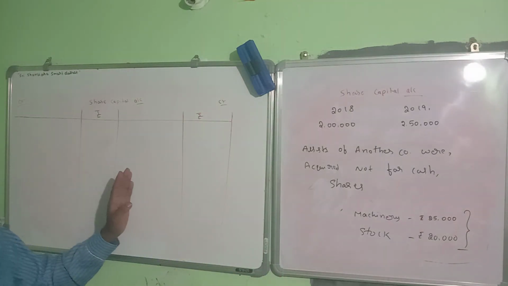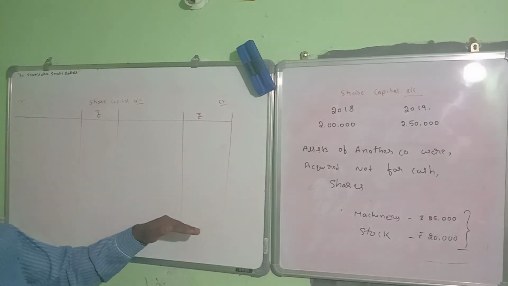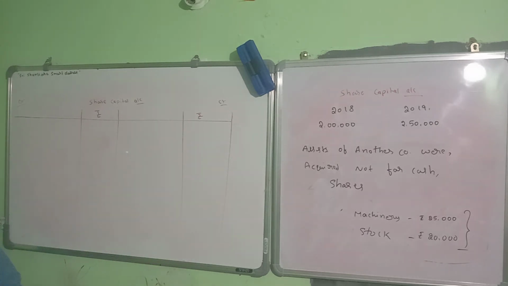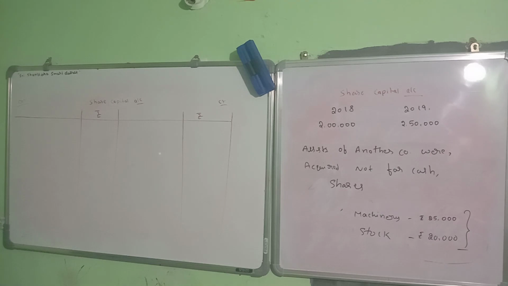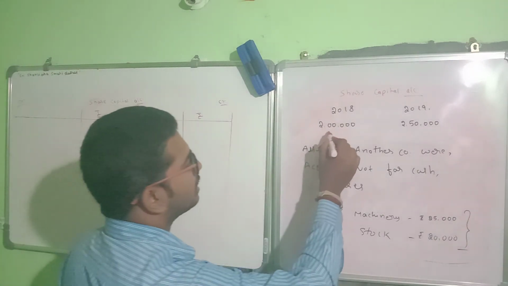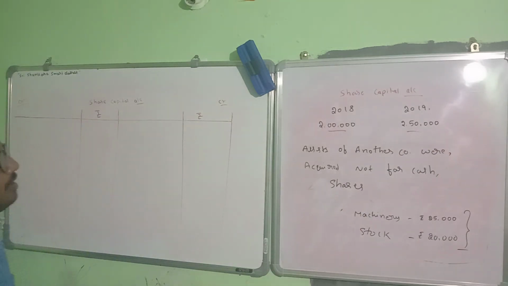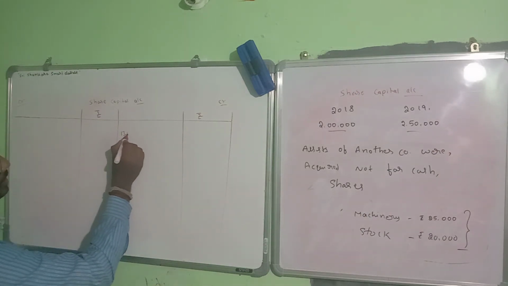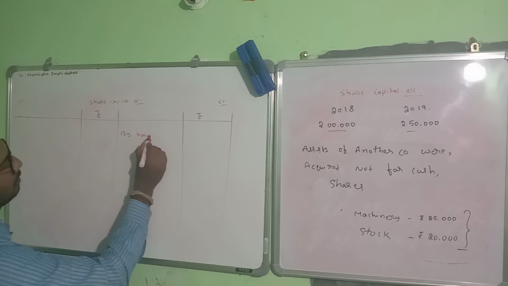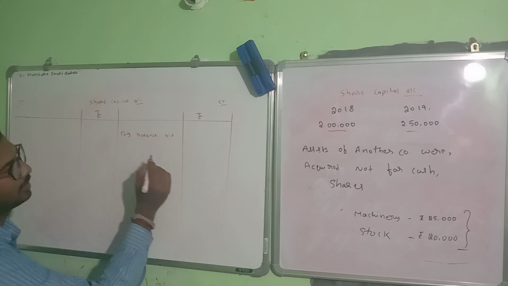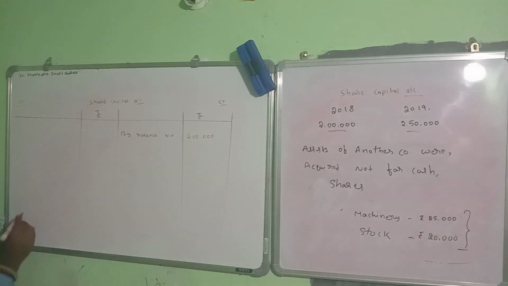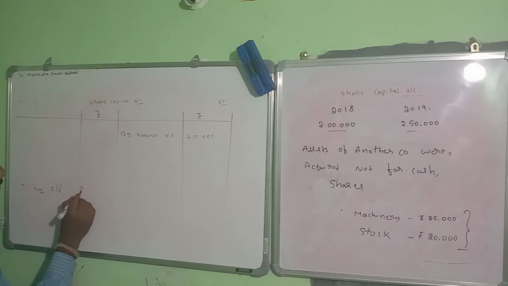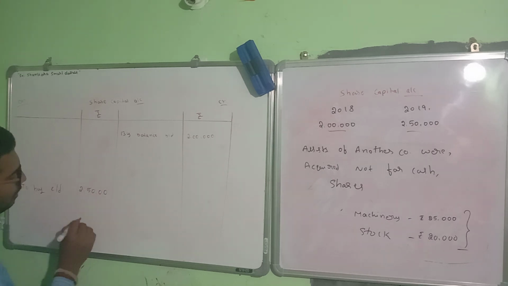At the same time, when you post all entries, any further balance on the credit side is recorded as goodwill, and on the debit side as a reserve. First, we should post the information given in the question, that is the opening and closing balances. So opening is 2 lakh, closing is 2 lakh 50. A liability account always starts with the credit side. By balance brought down 2 lakhs, and closing balance by balance carried down 2 lakh 50.